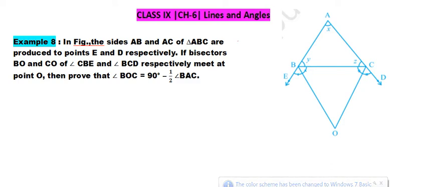Hi all. Today we'll do one very important example of class 9th, chapter 6, lines and angles. Now before we start with this question, we should know a few basic concepts. First, what is angle sum property? Angle sum property of a triangle says that the sum of all three angles is equal to 180